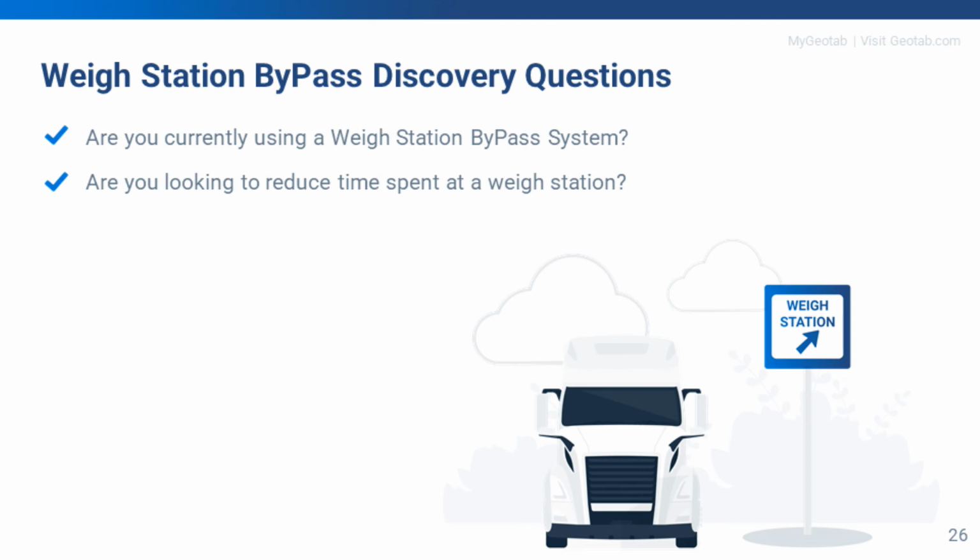One of the key questions that gets asked here is, "I don't know, Robin, I don't know if I can use a weigh station bypass because my CSA score is low." Well, that doesn't mean that this cannot assist you. It does mean that you would still have to stop probably more with a lower CSA score than you would with a higher CSA score. But it's definitely still worth exploring because these vendors can give you an